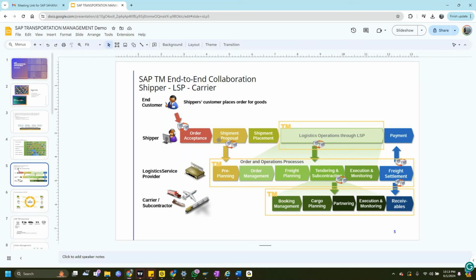We'll come to this process. What is the difference between LSP, logistics service provider, and a carrier? So LSP means DHL, and carrier also DHL only, right? Yes, a carrier can be DHL, but that's what I'm saying. If a company, let's say Banu Industries, has around 100 trucks, and for my company I take a particular shipment and give it to DHL, that DHL becomes a carrier, right? I'm subcontracting to DHL.